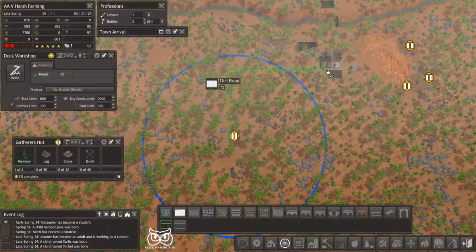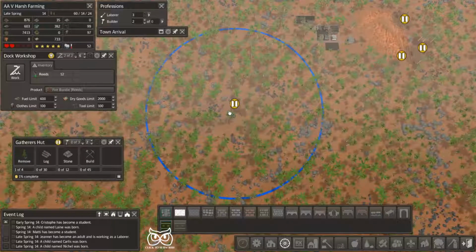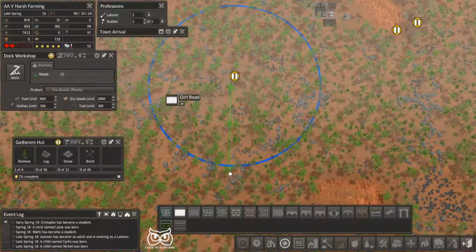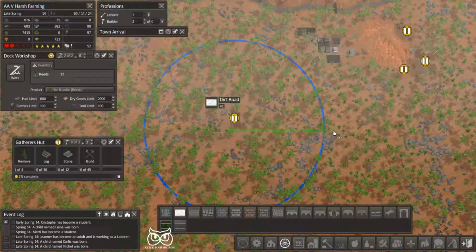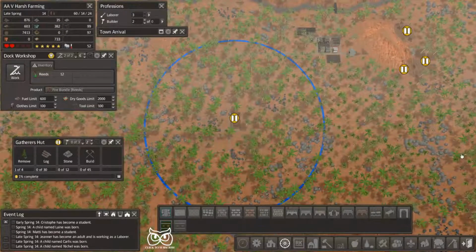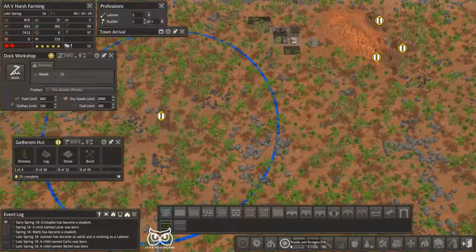I'm going to pause my game at this point because I'm getting very ready to end this episode or chapter. There we go. Let's bring our road over this way and this way so we have our crossroads. Now let's put in